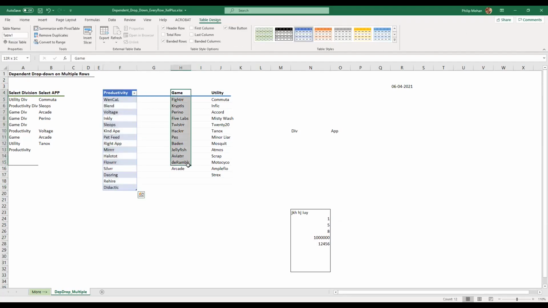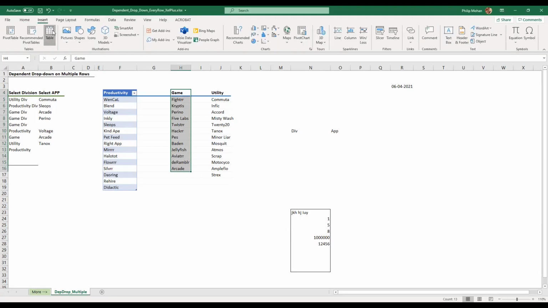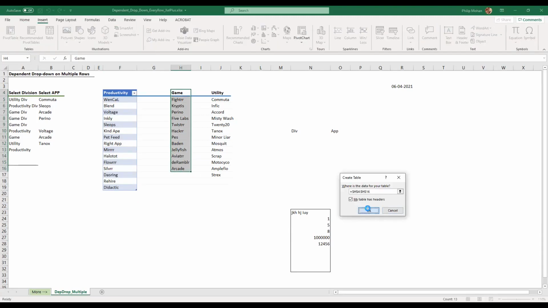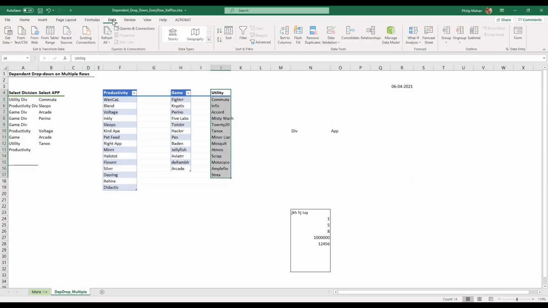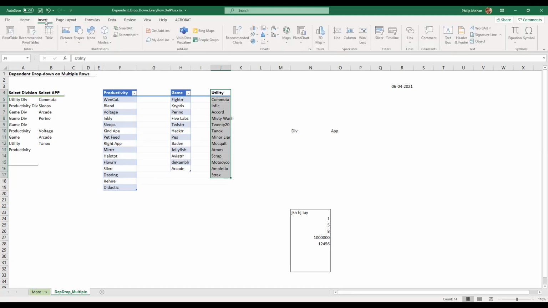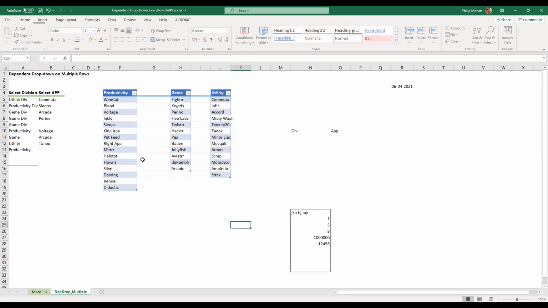The same thing for game. Insert table. Yes. Same thing for utility. Data. Insert table. Now what I've done is I've basically created 3 different tables, for the productivity division, game division and utility division.